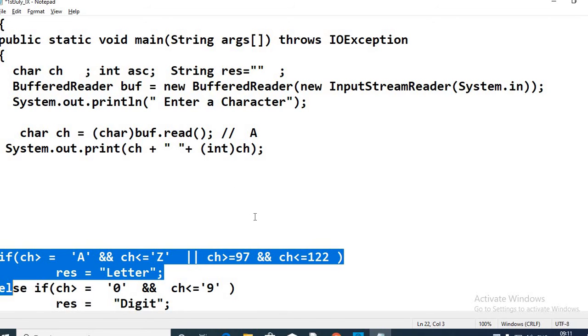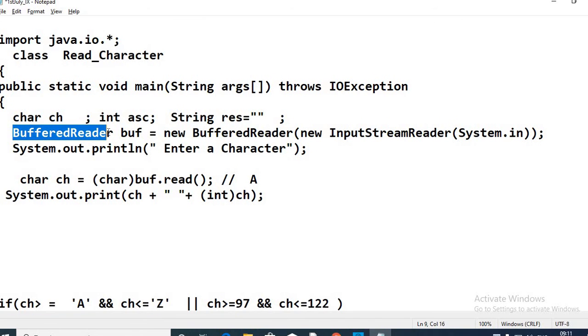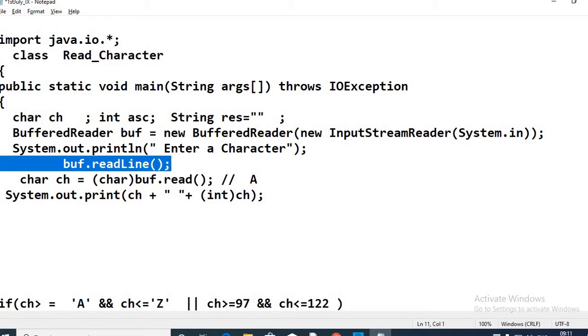Readline is a method from the class BufferedReader. So we need to create the BufferedReader object to access readline. When we use the readline method, we try to read a line of characters through the keyboard. This is going to return a string object. And if we want a numeric form of the string, we are using parsing.